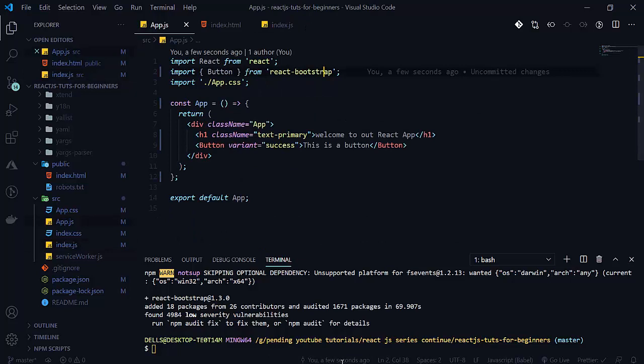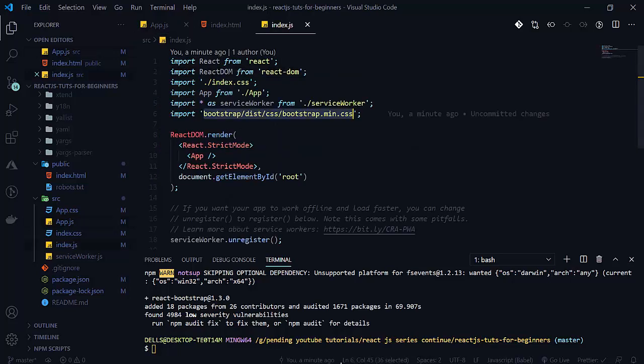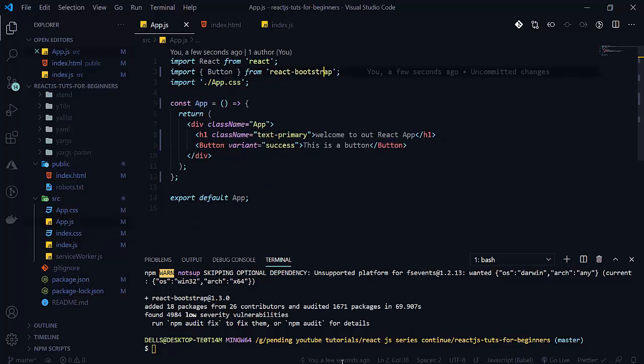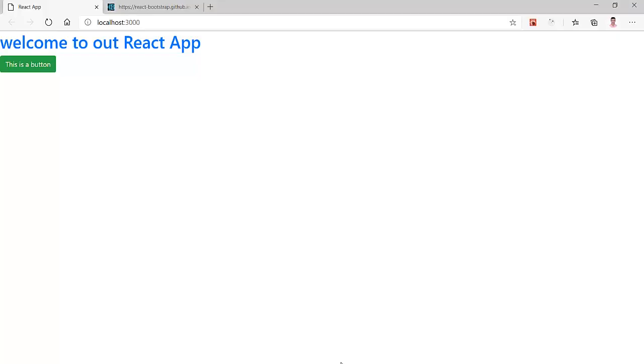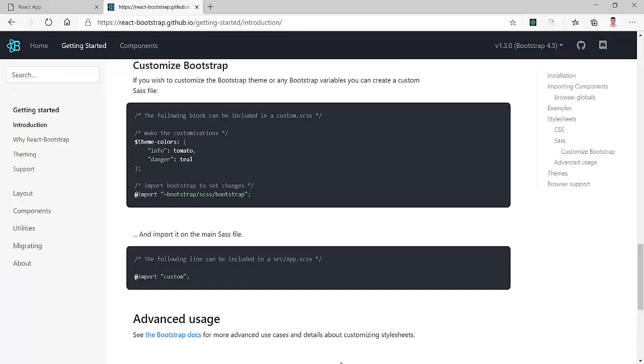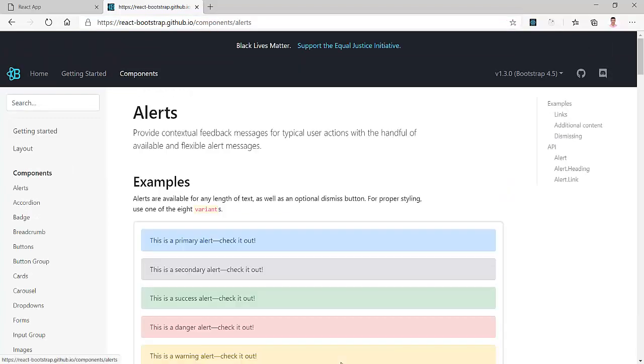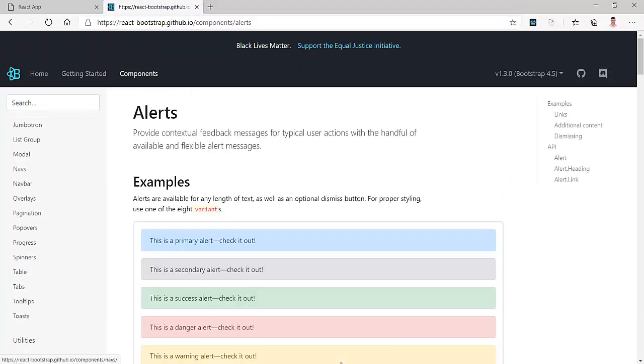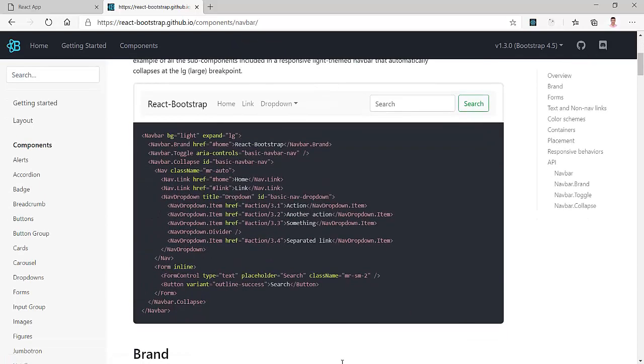But there is a difference, because in the CDN there is an online binding here. But if we are using React Bootstrap and Bootstrap as modules, it gives us many things. It will bind with our package completely, and it will not give us any error of jQuery and so on. For more information, you can go to this website and type in many components. See that there are many components. Navbar here, navbar is very simple. You just have to write it like this.